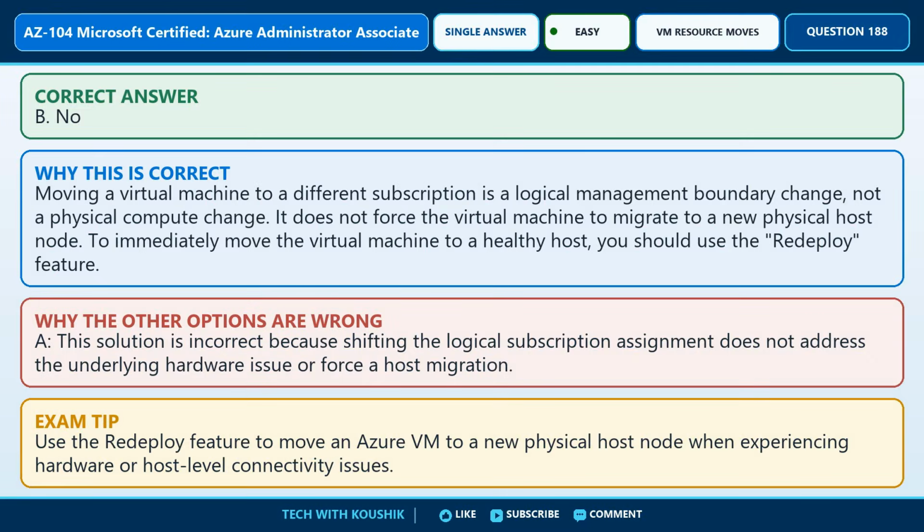The required response is option B, no. Moving a virtual machine to a different subscription is a logical management boundary change, not a physical compute change. It does not force the virtual machine to migrate to a new physical host node. To immediately move the virtual machine to a healthy host, you should use the redeploy feature. The remaining options are incorrect because A. This solution is incorrect because shifting the logical subscription assignment does not address the underlying hardware issue or force a